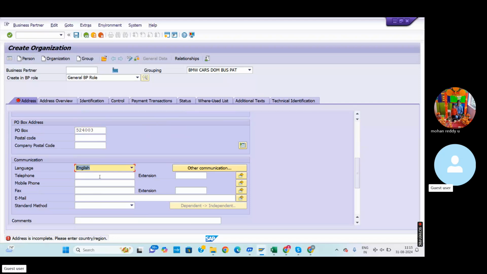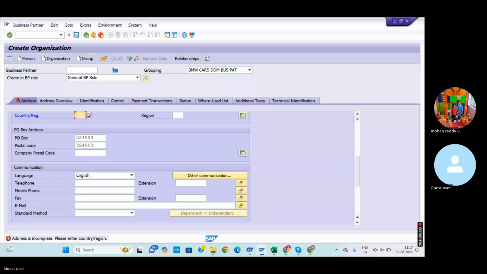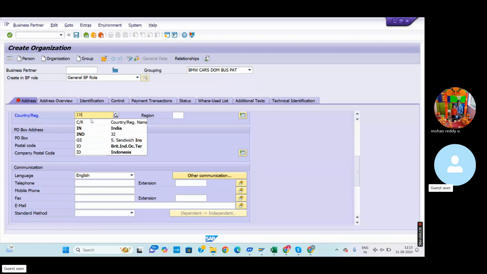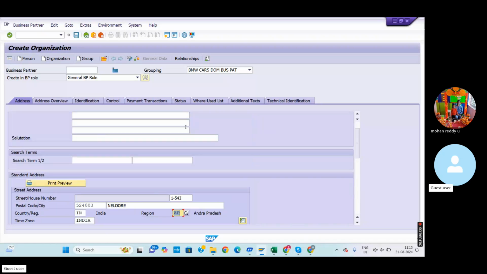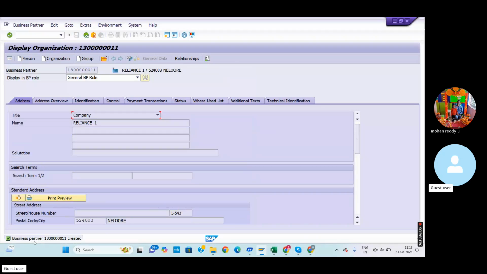So everything okay. Enter country IN, region AP, enter. So now you just click on this save button. You just observe here a business partner 1000011 has been created. So it means, from the customer or vendor point of view,